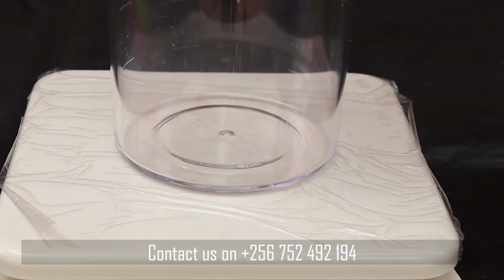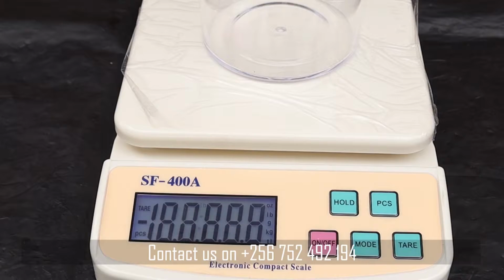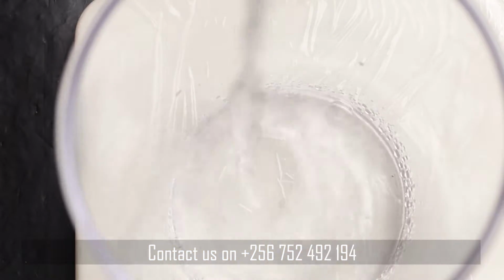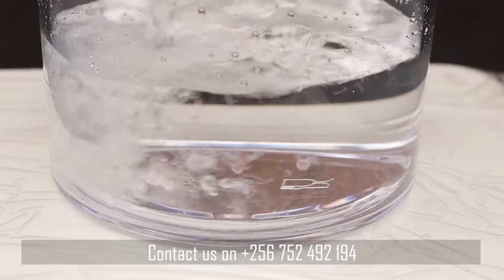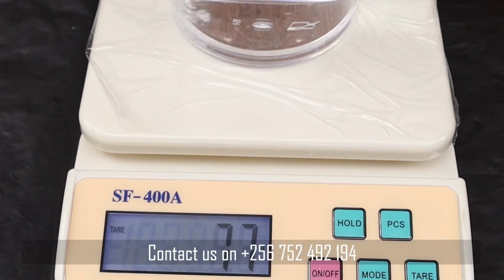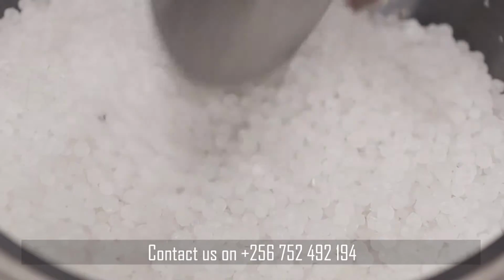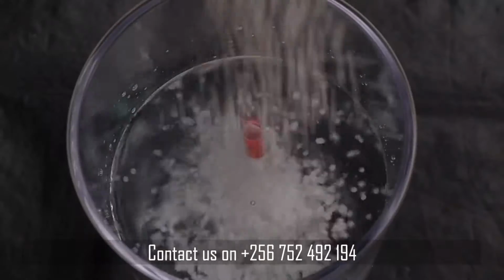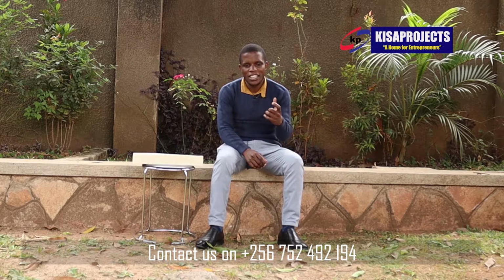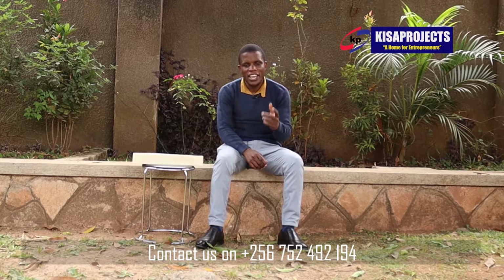For instance, when you get your sample product and take it to the authorities in charge of certifying your product towards the end users, as in when you take your product to the National Bureau of Standards, for them to guarantee your product safe and effective to the end users, they will measure the total fatty matter percentage of your product. And the higher the total fatty matter percentage of your product, the more quality your soap will be, and vice